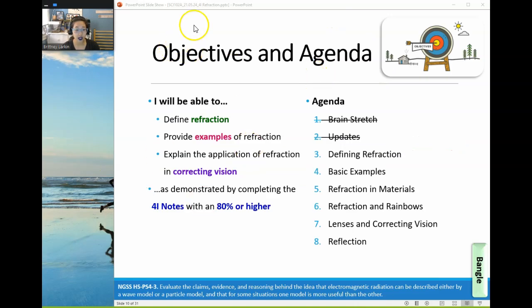All right, so today we're going to take a look at defining refraction, providing examples of refraction, and explaining specifically one good example of how refraction can be used when correcting vision. So I wear glasses. I'm sure some of you wear glasses or contacts, and we'll talk about how refraction is